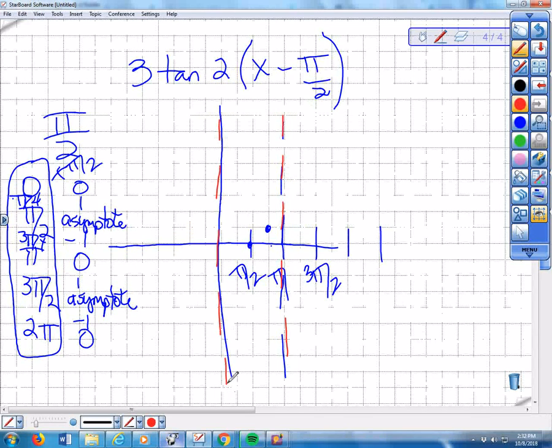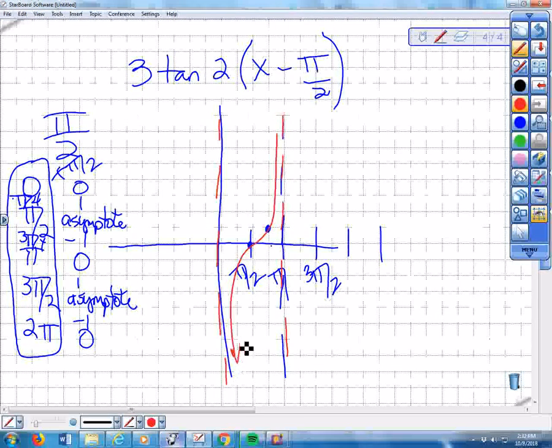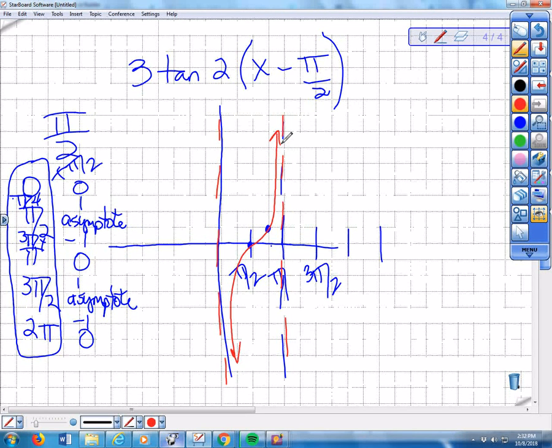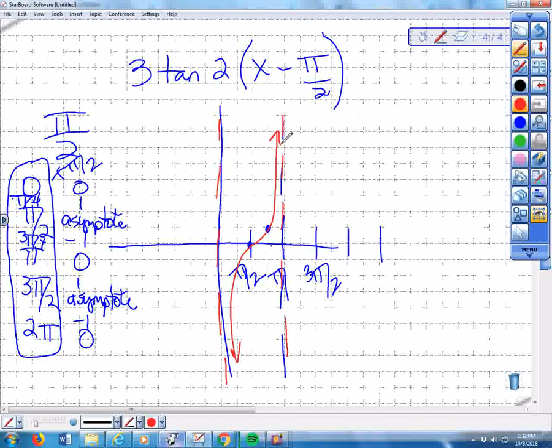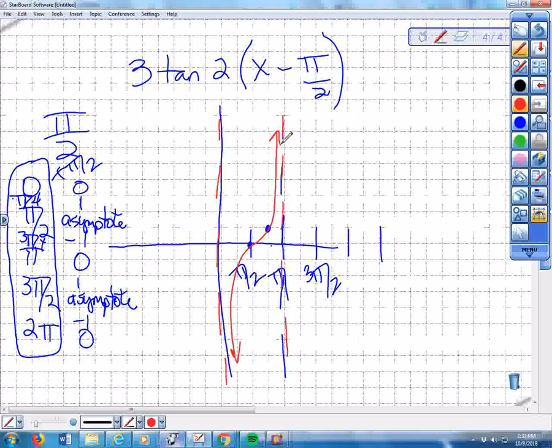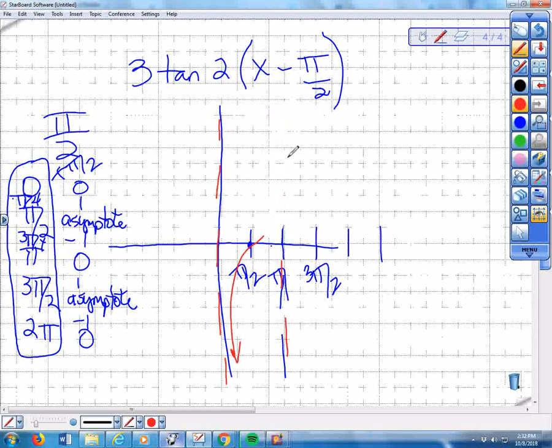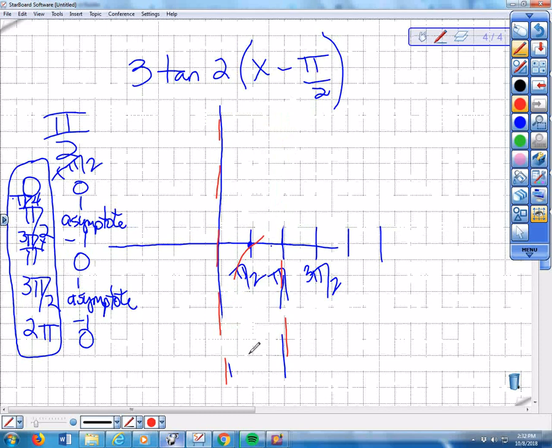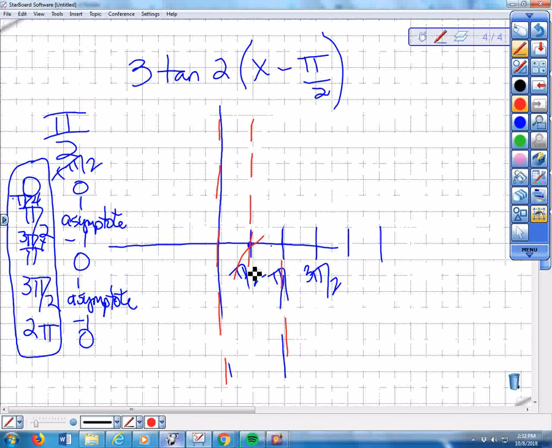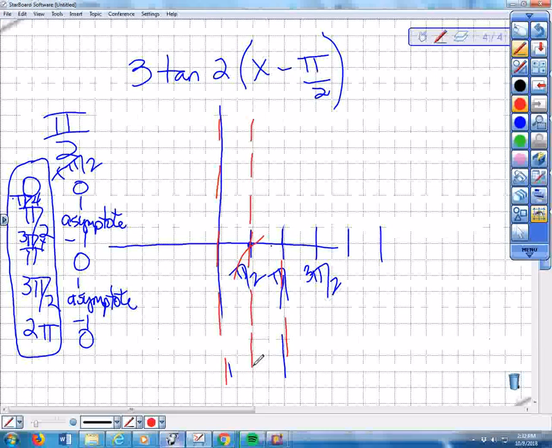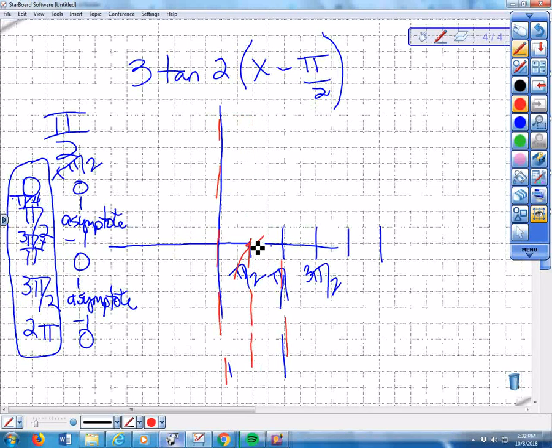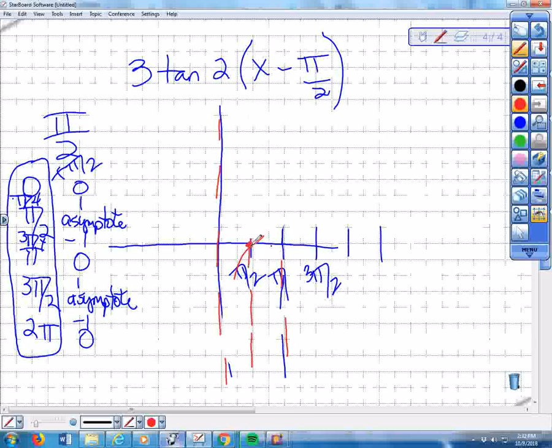And my graph is going to go this way. And the period we said was pi over 2. Does it look like I did that? Looks to me like the period's pi. So I did something wrong. 0 plus pi over 2 puts me with an asymptote here. No, that's where it's 0. And I'm going to have an asymptote